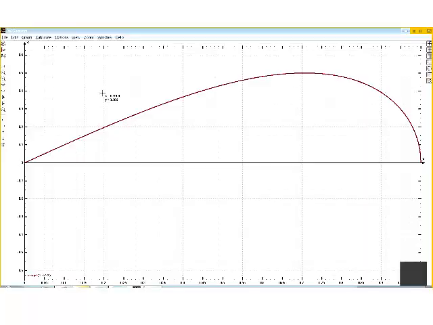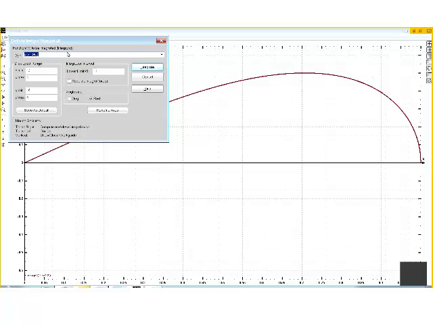Okay, now let's look at the integral. So our function is x times the square root of 1 minus x squared. We're going to go from a minimum of 0 to a maximum of 1. And the area is going to be, we're going to go from 0 to 0.5, because we know the total area is 1/3. So if we integrate that,